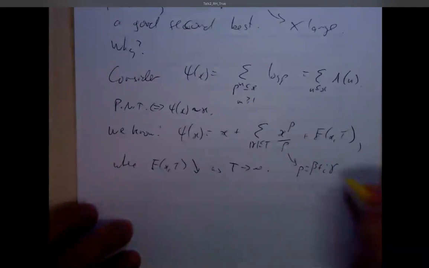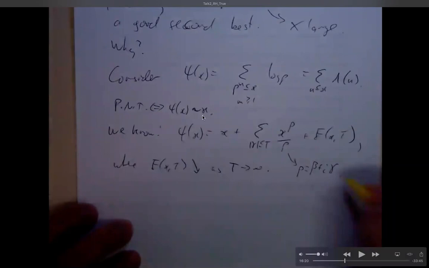The gammas go up to T, and then I get some error term as a function of T. I mean, if T appears here and doesn't appear here, it should appear in the error term. This side here is independent of T. So if I take more and more terms, then this error term gets smaller and smaller, as I've written down here. So don't worry about the error term. This is the thing to worry about. How does this sum over the zeta zeros behave?